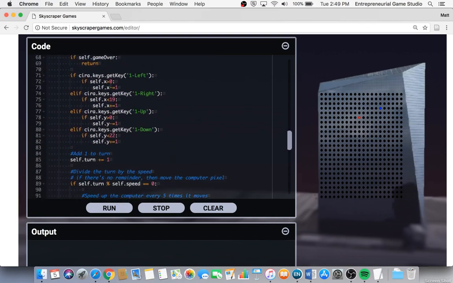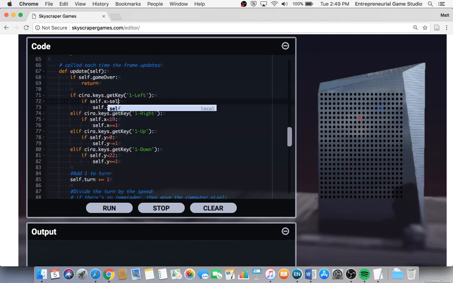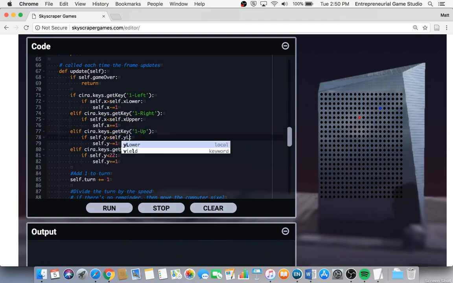lot of my code. So I go down here to where I've got the Sierra keys.get key in my update function. Wherever I see 0 for the x, I'm going to put x lower. Wherever I see 19, I'm going to put self.x upper. Same thing with the y, self.y lower